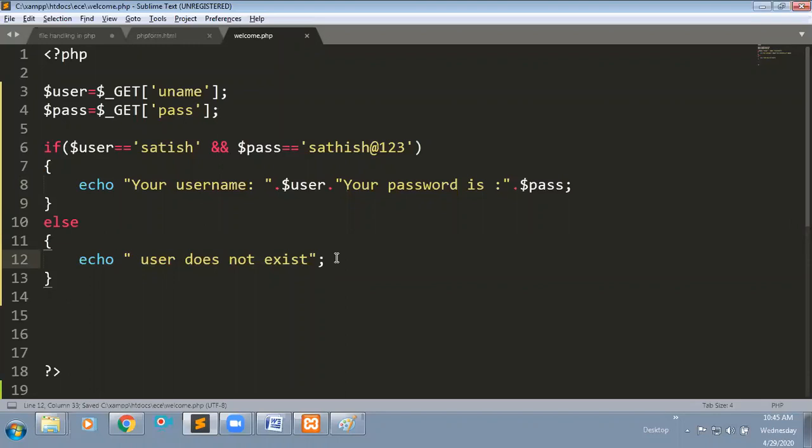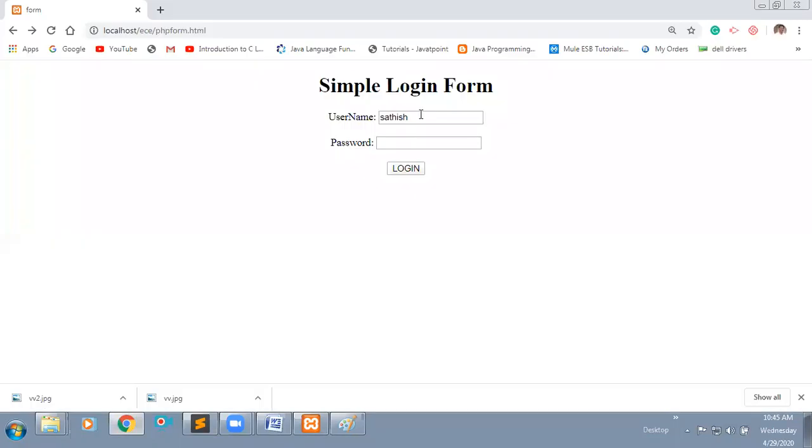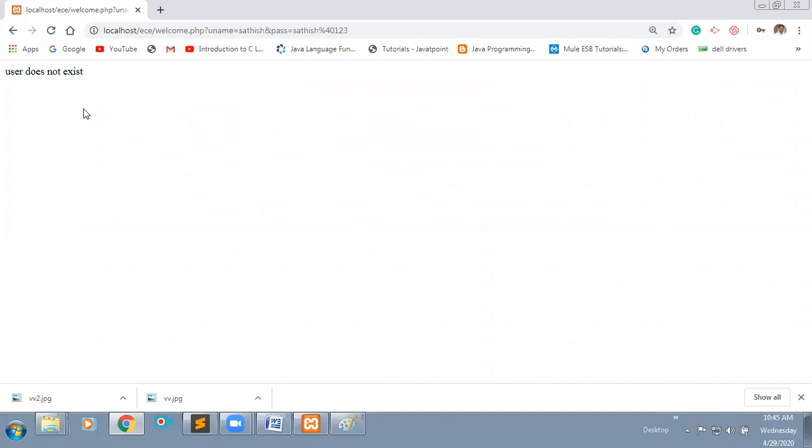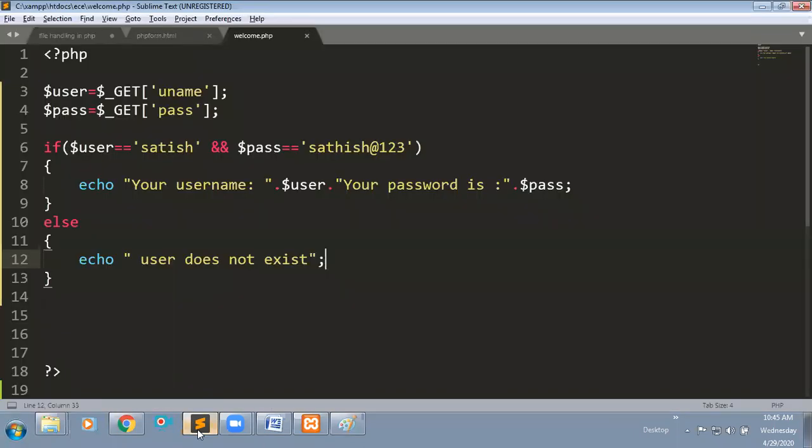Just try to remember, this time we are just validating the data only. See, now I'm entering, and I'm just trying to log in. Now you can observe, user does not exist, because if you enter the username like this, here I have missed the H, then it is directly giving user does not exist.